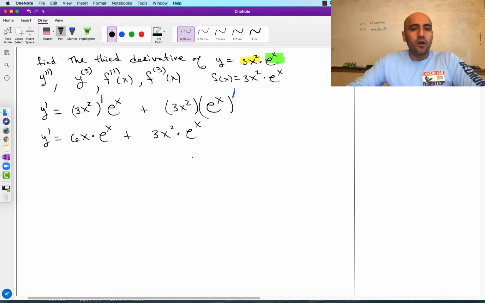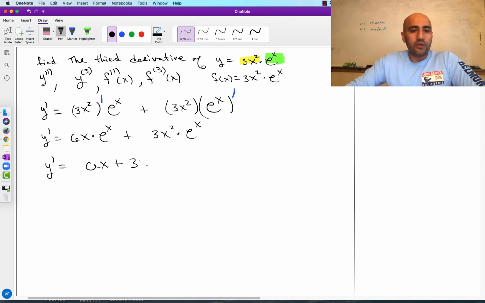Good. Okay, so now we want the second derivative. Now we could jump to the second derivative, and just like before, we can think of this as two separate cases of the product rule. So apply the product rule here, apply the product rule there, and then do it that way. But this has a natural and very easy way to simplify, because we can factor out the e to the x. And so we could rewrite this very easily as